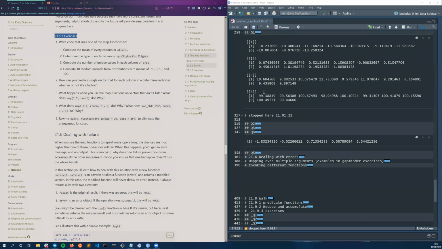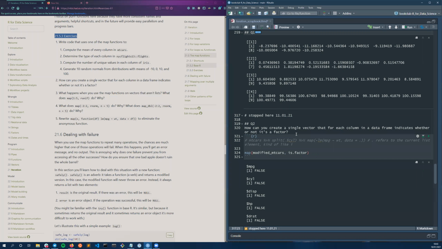We're basically applying map functions. So the second question is, how can you create a single vector that for each column in a data frame indicates whether or not it's a factor? Like we've discussed before, when you apply map functions to a data frame, you iterate through each of the columns. So that's the axis in which you iterate. So this is as simple as just using this function, checking whether or not something is factor